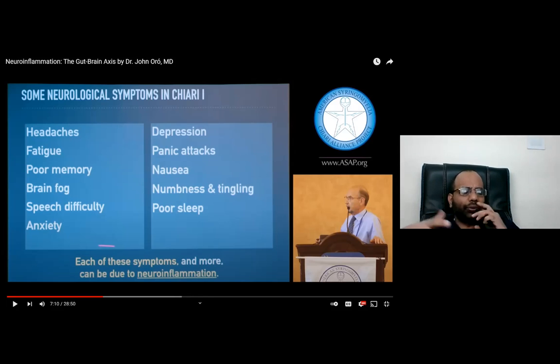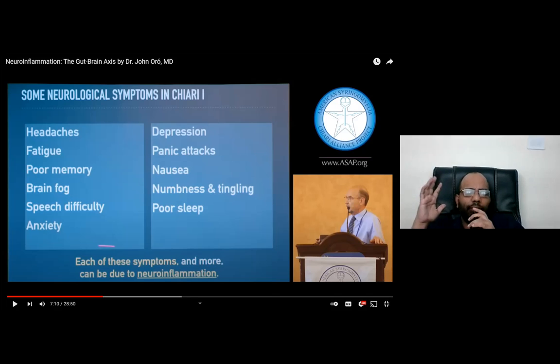Today I got a post-COVID patient who was on medication for schizophrenia, and I found with his history he is suffering from Chiari syndrome. Because there were four symptoms with him. What? Panic attacks, depression, fatigue, poor sleep. The moment you have poor sleep, the lymphatic system will not work and you will suffer from neurodegenerative diseases. Did you understand me? Any doubt at this point of time?